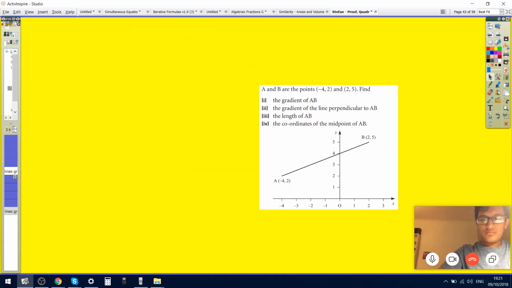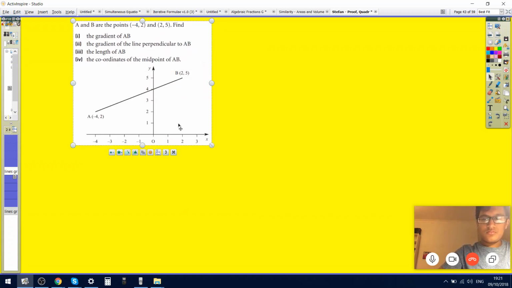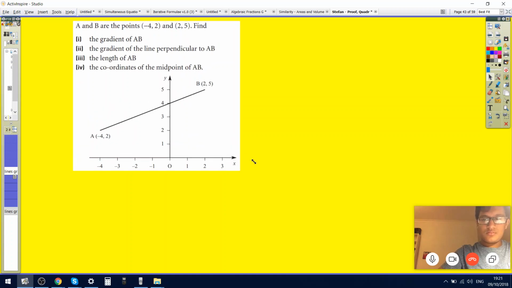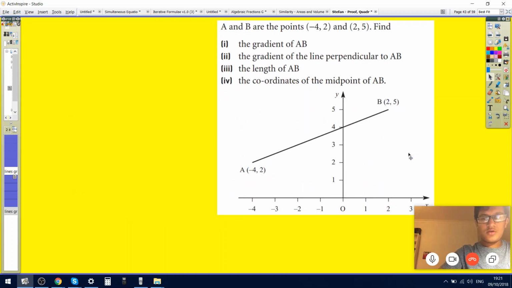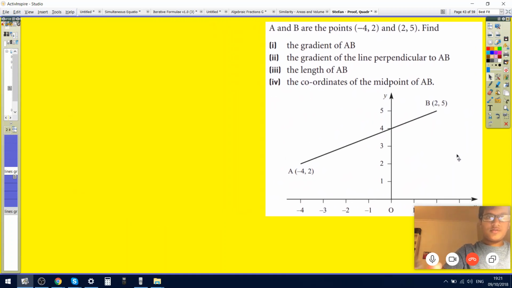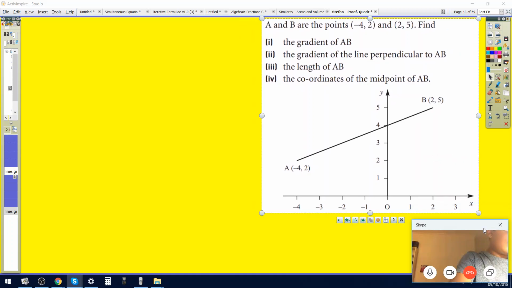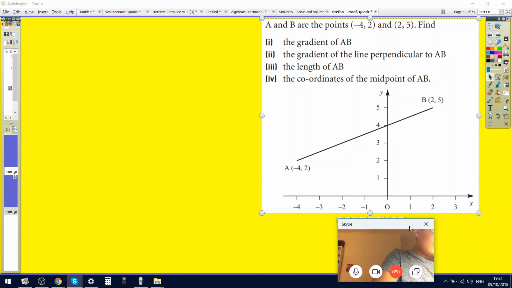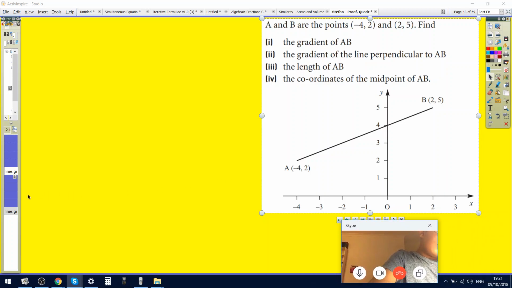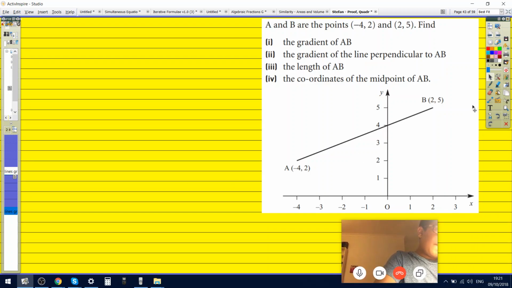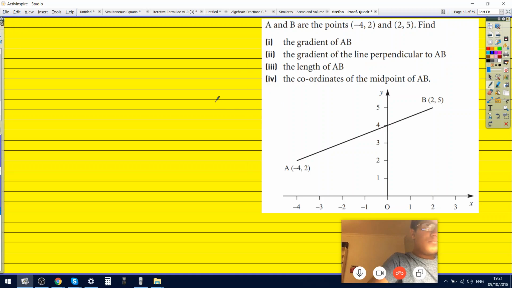So next is geometry, and it gets tough. Okay, I'll just jump into it. Try these. Right, so this is the math geometry. So A and B is 1, 2, 5. The gradient